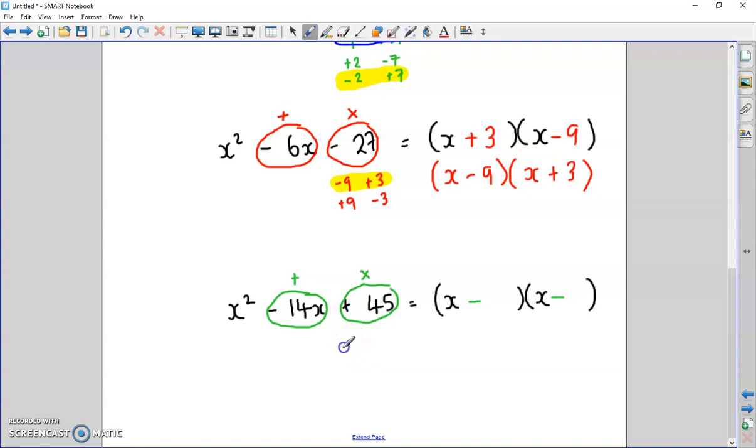Okay? Not many things multiply to make 45. Here's a couple, look. It's the first pair